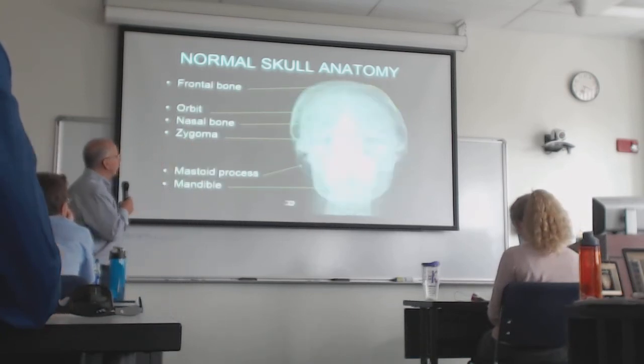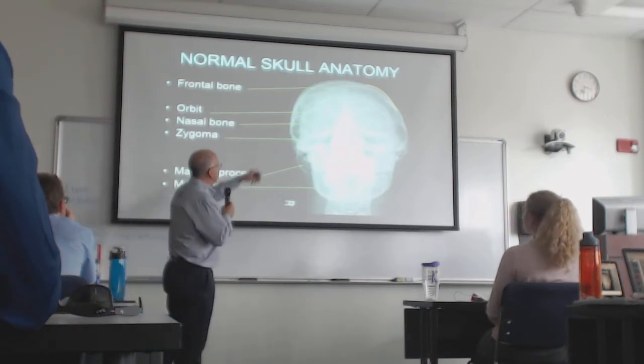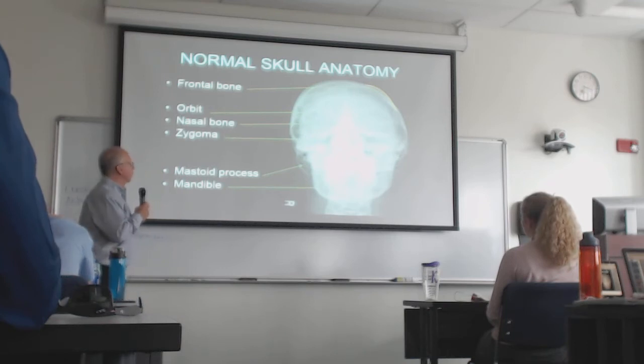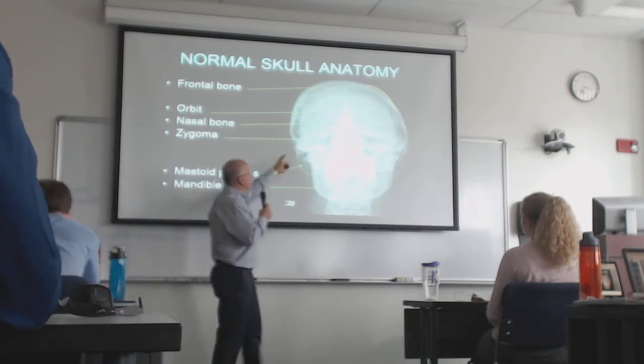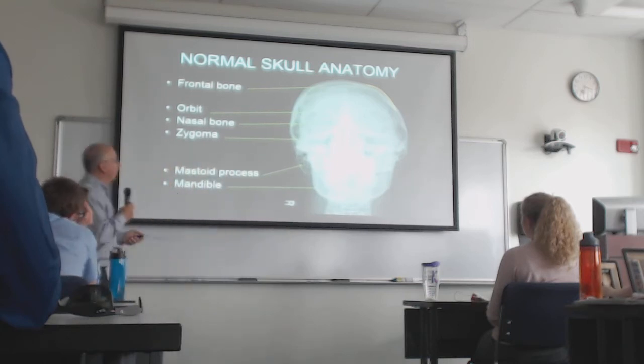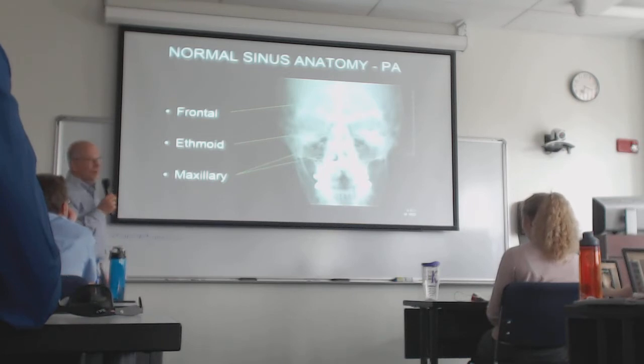So, on a frontal view of the skull, we've obviously got the frontal bone, we've got orbits, nasal bones, which are actually much better seen on a lateral view if you're looking for a nasal bone fracture. The zygomatic arch, and the mandible and the mastoid air cells. I really don't want to spend a lot of time on this stuff. Sinuses, though, are,